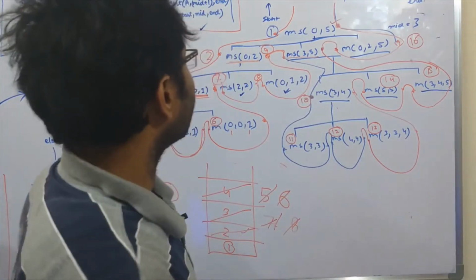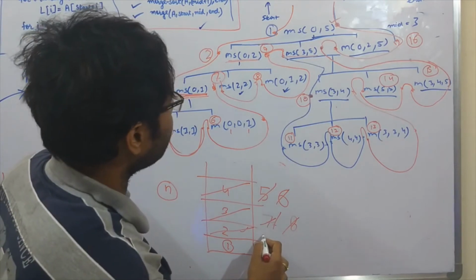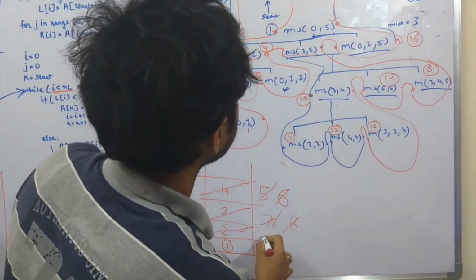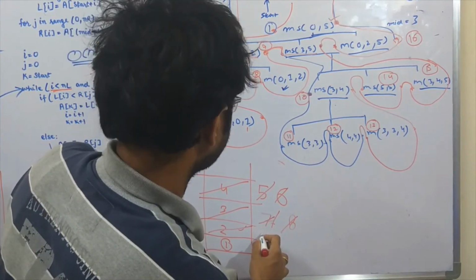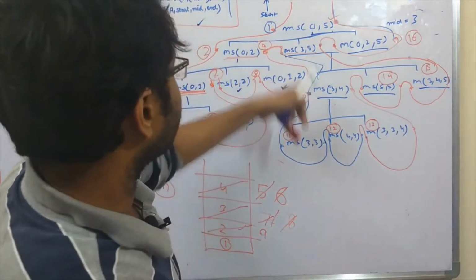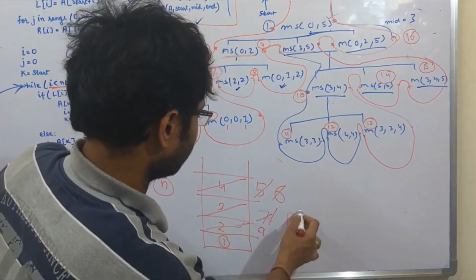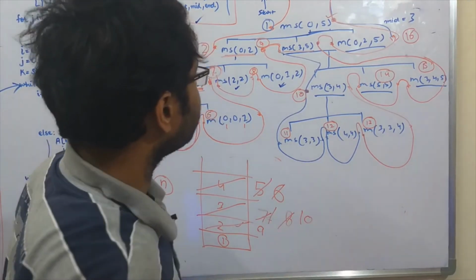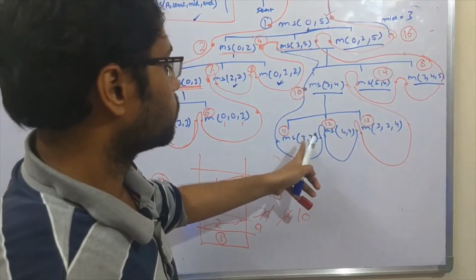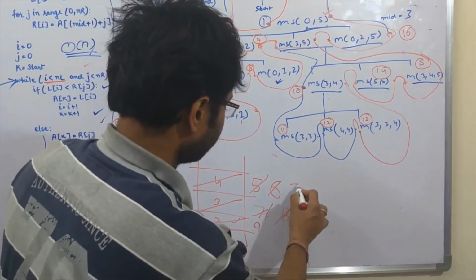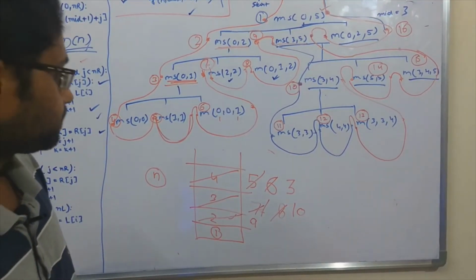Now merge sort 3 comma 5 is called for the first time. So this is our 9th function call. The 9th will be pushed in, and it will call the 10th. The next free space is here, so we will call the 10th here. Now the merge sort procedure 3 comma 3 is called, and our free space is here, so we will push our element in the 4th position.